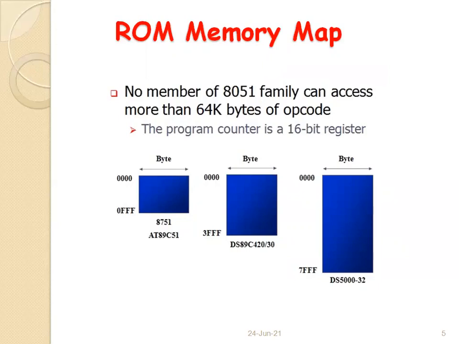So the space from 0000 to 0FFF, this 4 kilobytes of ROM space, is used by the user. In the IC 8051 or the 89C51, the ROM space is limited. But actually, with this 16-bit program counter, I can access the memory starting from 0000 to FFFF,